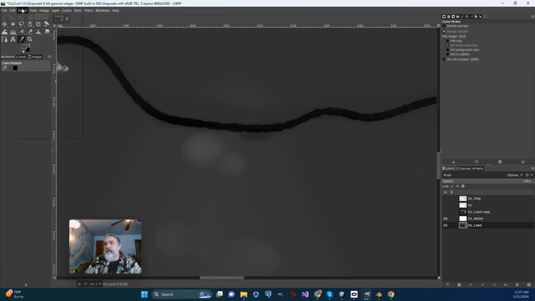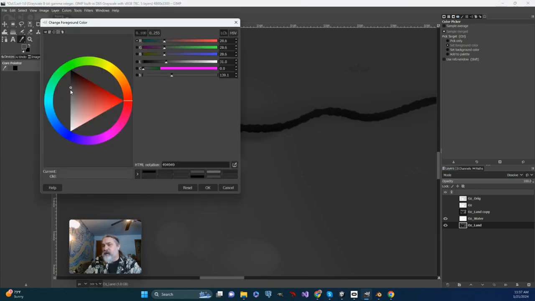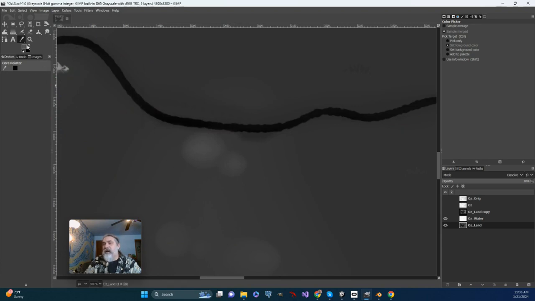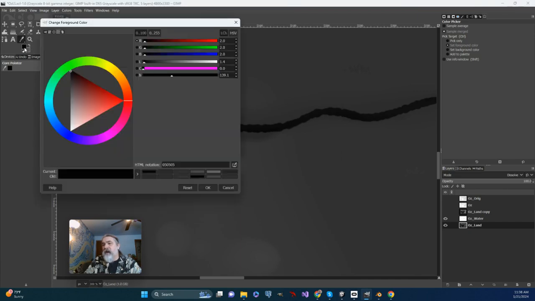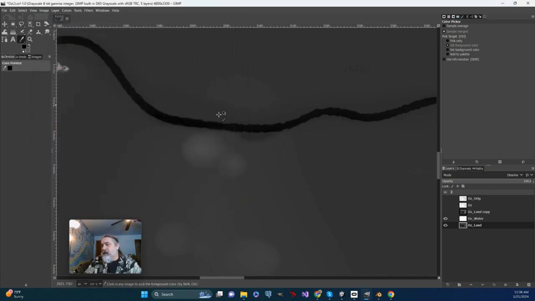do a color select. Let's make sure I've got everything selected. All right. And then I think what I'll do is I'll just take that up a touch. And my base color, let's flip those around. Exchange the foreground and background for the moment. I will go ahead and select color, background color from the area to lighten that up. I will go ahead and re-exchange the foreground and background color so that this is my highlight color, this is